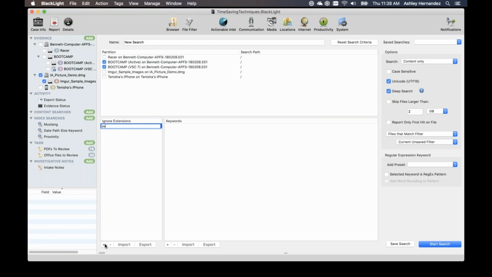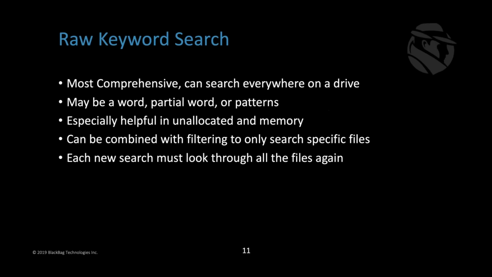Another thing that is helpful, especially if you're going to look across, say, the whole users directory, is maybe you know you don't want to look inside of executables or bin files. This is excluding them. So you wouldn't want to put anything in there that you do want to search, but then you could also search for whatever keywords you know about your case. So from our initial notes, we know that it was about a stolen Ford Mustang, so I could put in Mustang and Ford, and I could run this keyword search. So I could either save it so I had it going forward, or I could run it, and that would allow me to do a keyword search looking anywhere on the drive for it. So those are some ways to speed up regular keyword searching, because it's still a powerful technique.